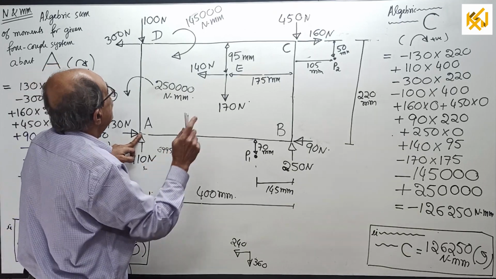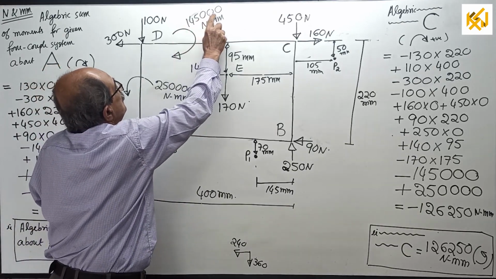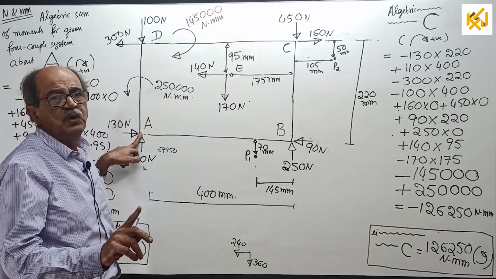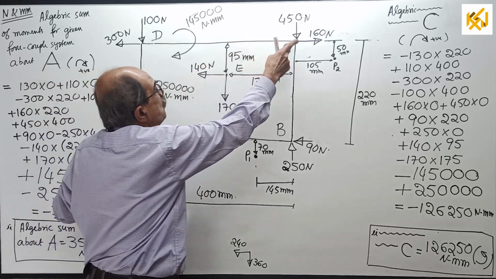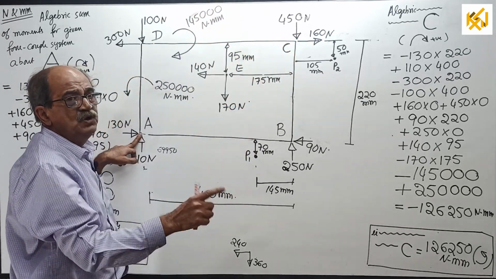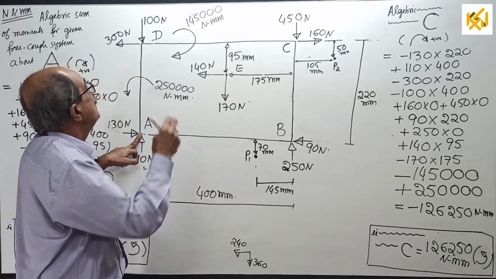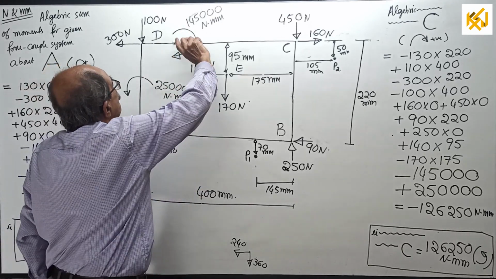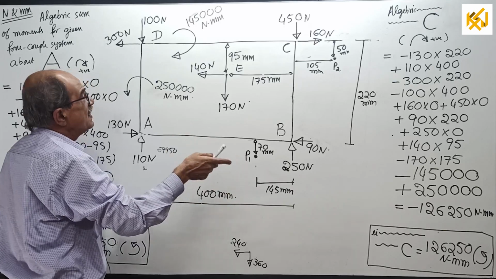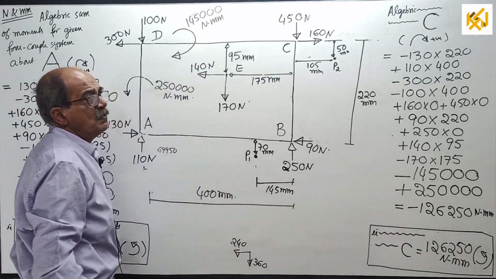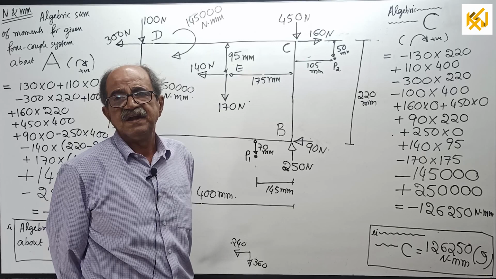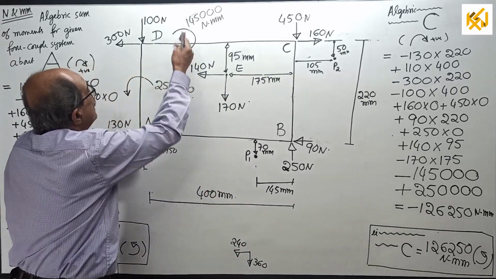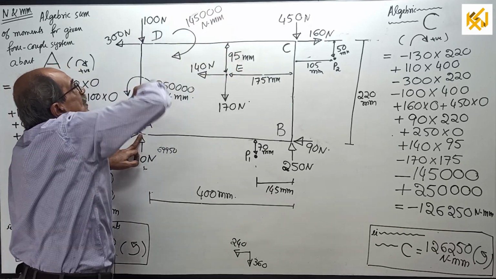Next, remember 145,000, this is a couple. So there is no multiplication. For every force, it is force into perpendicular distance. But for a couple, directly, no distance, nothing. You will know a little later, I will tell it in the class. For a couple, the moment about any point is constant, equal to the moment of the couple itself. So directly, wherever the couple is given, clockwise, plus